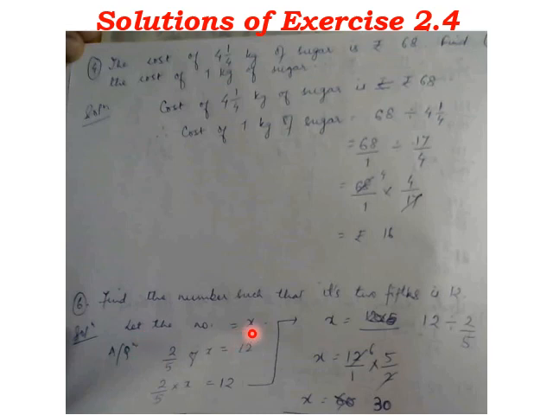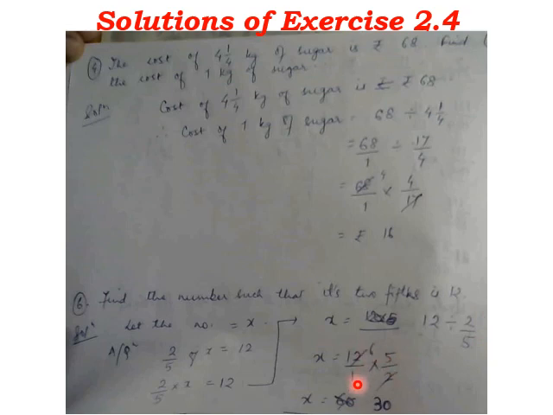So here, let us say the number is x. According to the question, 2 by 5 of x is 12. So, 2 by 5 of x means 2 by 5 into x is 12. Using the transposing property, since x is getting multiplied with 2 by 5, I will take 2 by 5 on the opposite side and it will be getting divided. So in the next step, x is equal to 12 divided by 2 by 5. It was getting multiplied, now I change the side, so here it is getting divided.